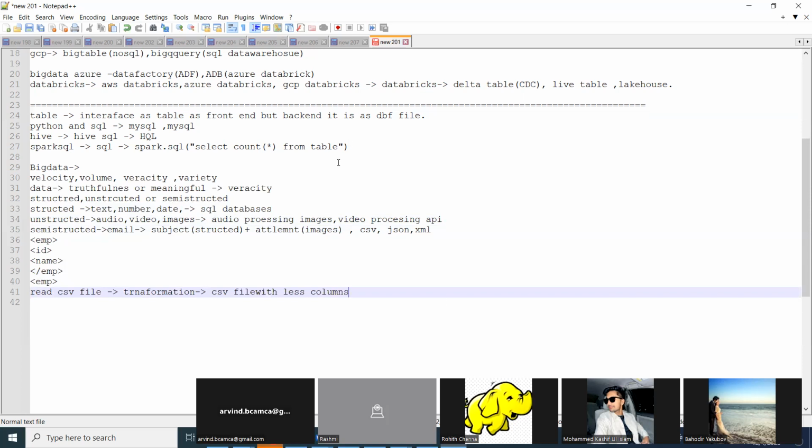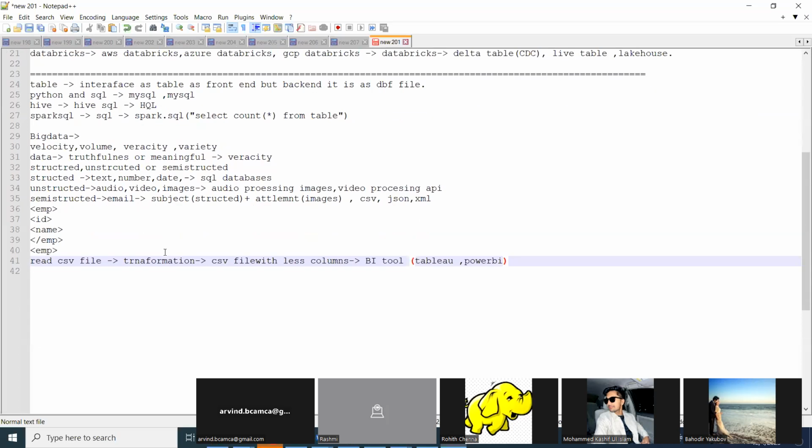This is for the reporting tools. We will use it to generate reports. Some BI tools we will be using, so BI tools will come into the picture, Tableau, Power BI. So this is all called ETL. We will be working on mostly semi-structured data, but structured data as well, like in the SQL DBs. And for machine learning and data science, we will be using Python